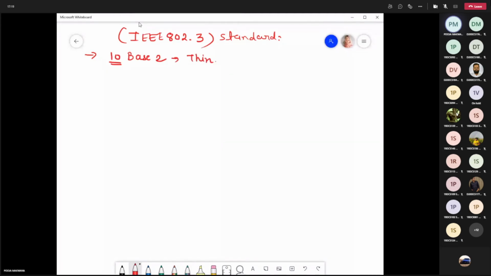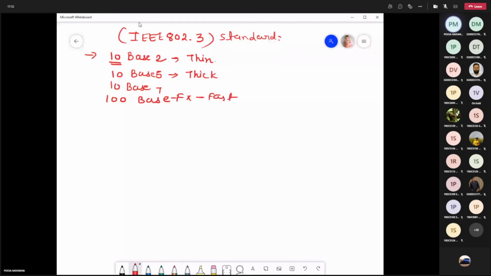Similarly, based on the speed, you may have different types of Ethernet. So you have 10Base5. This is a thick Ethernet, right? Then you may have 10BaseT. Then you may have 100BaseFX. This is the fast Ethernet.